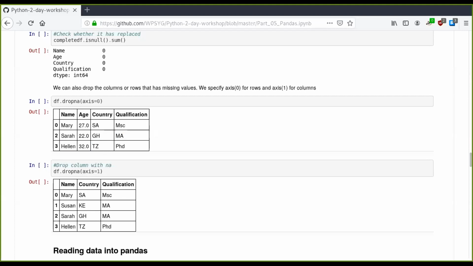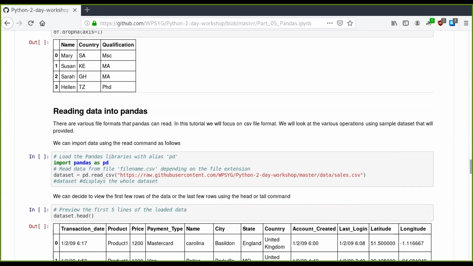Then let's move ahead and see how we can read data into Pandas. We have different file formats. We have CSV, we have XLS, we have .tab, we have many file extensions. But in this case, I'm going to look at the CSV file format. To read data into Pandas, you must call the library Pandas. Let's look at this. Import pandas as pd. Here you call the library pandas. Then you read the data